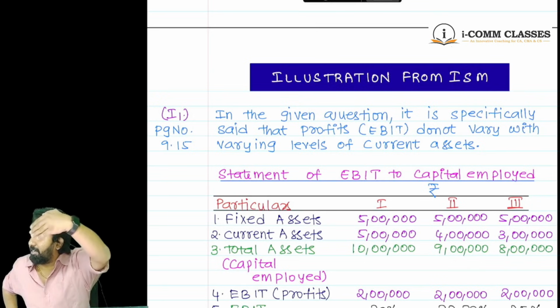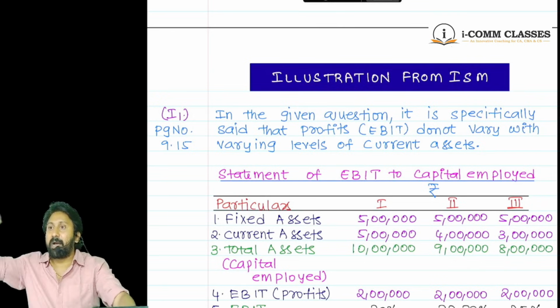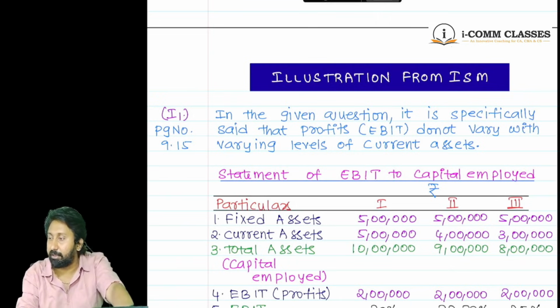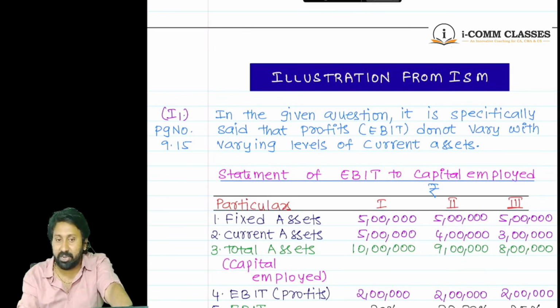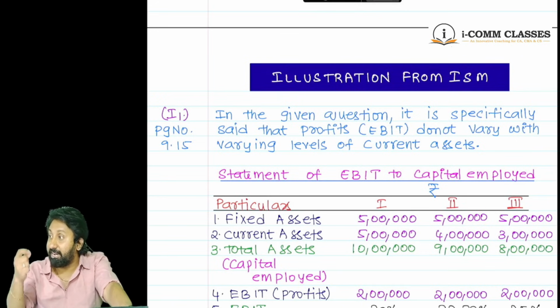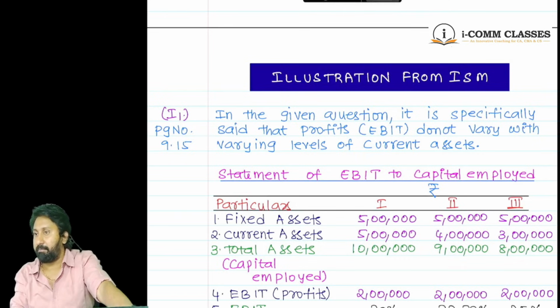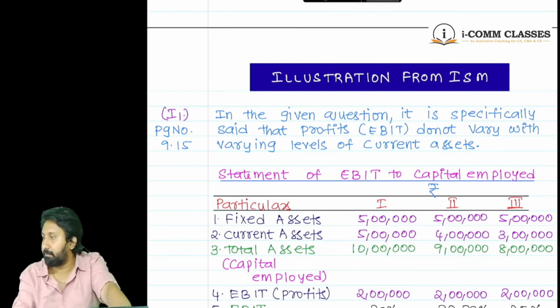Previously already 12 problems I have done. Those 12 problems are not ICAI problems; they are past question papers. After that, see there, the heading. What I have done, on the left side margin, you can see something I have written there. Illustration 1, page number 9.15. Study material page number also I have written there, so that whenever you want, you can see the question there, and the answer will be here. Understood the point clearly?